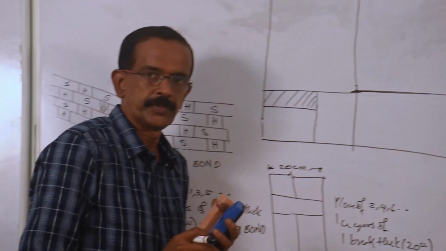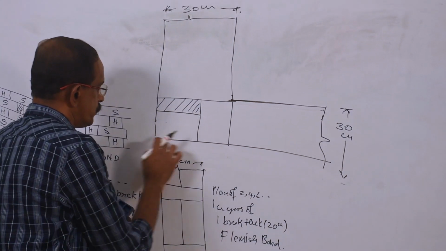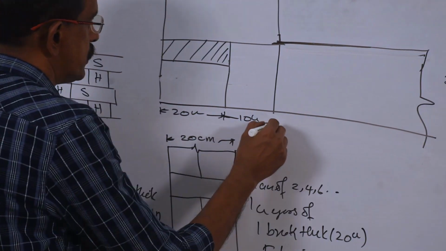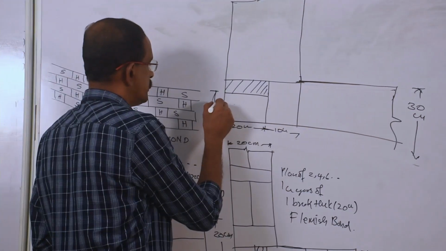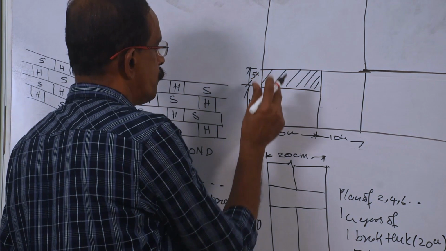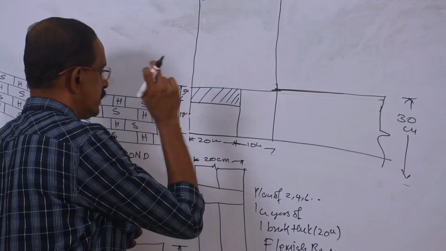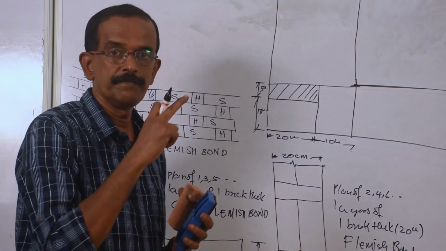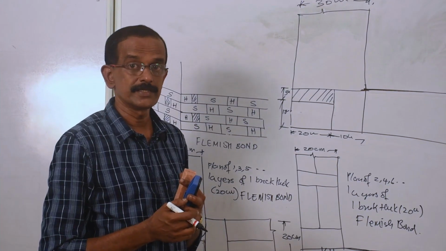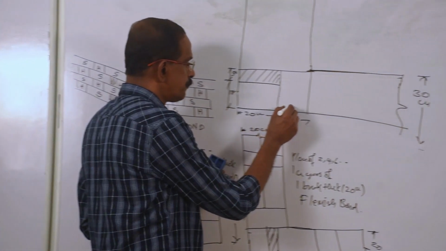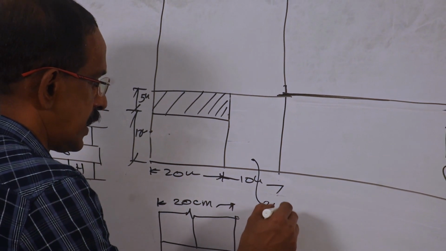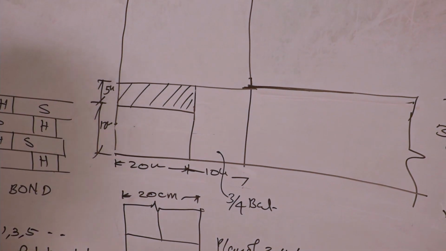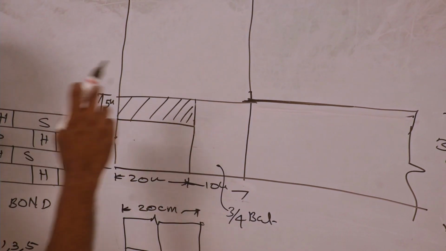To draw this, just remember the arrangement of brick at this corner. Here, this is a full brick, 20 centimeter. This is 10 centimeter. In this direction, this is 10 centimeter. This is 5 centimeter. 5 by 20, that is queen closer. 20 by 10, that is a full brick. This is 15, this is 10. What is that? 15 centimeter length, 10 centimeter width. That is 3 by 4 bat. So 3 by 4 bat is also utilized in this arrangement. If you remember this arrangement at the corner, the remaining is very easy. Only you try to remember this arrangement.